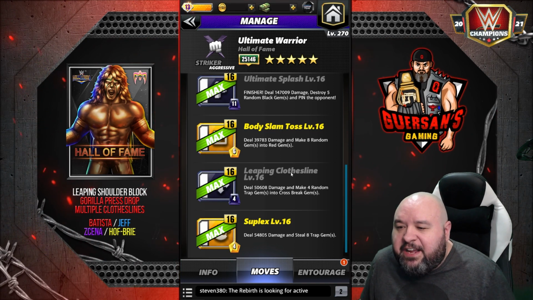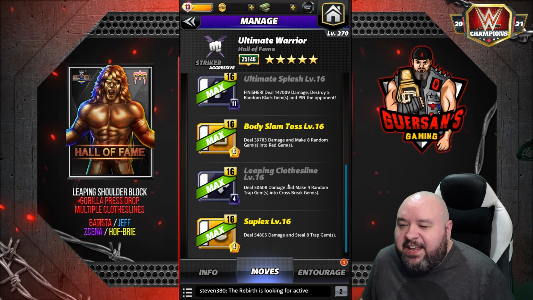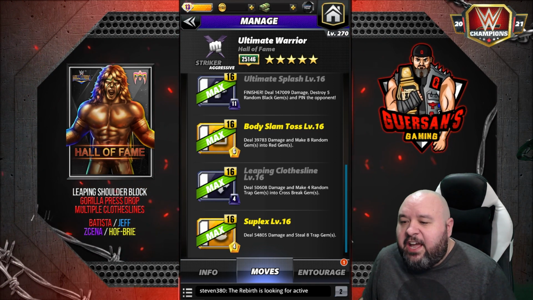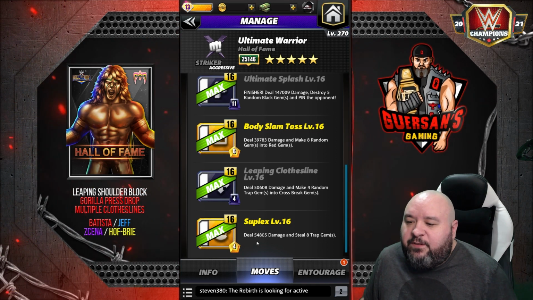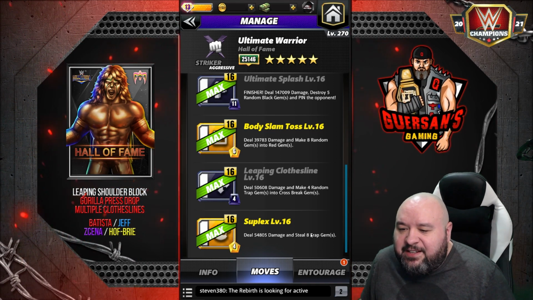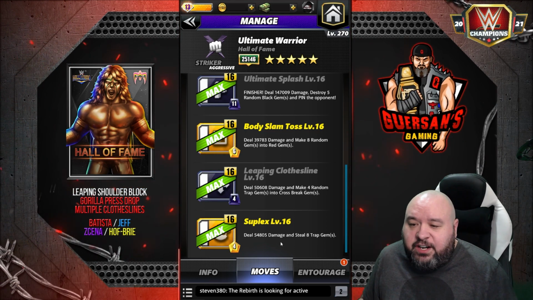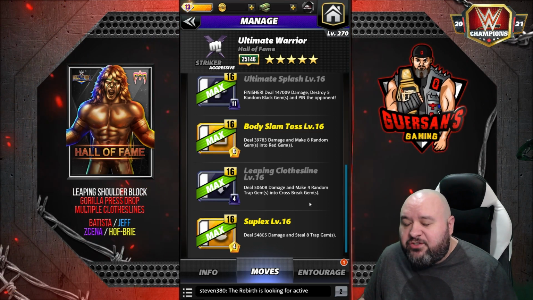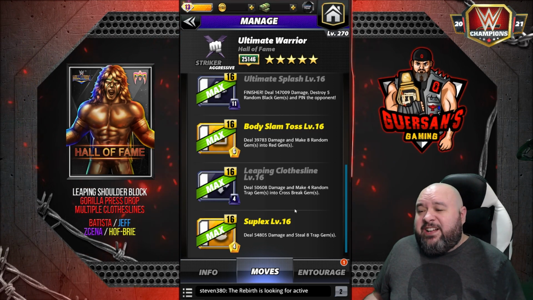Because you have the Leaping Clothesline, which is a 4 MP black move, deal 50.6k damage and make 4 random trap gems into crossbreak gems. And you got the Suplex, 4 MP yellow move, deal 54.8k damage and steal 8 trap gems. Now, that's pretty cool. You're going to be stealing trap gems, and then you're going to make his trap gems into cross. But